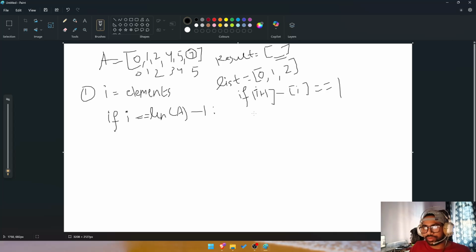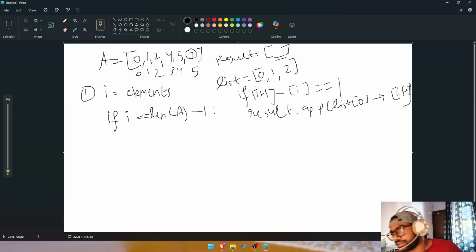I will go result dot append this list of 0, then this arrow, and then list of minus 1. Right, at this point,